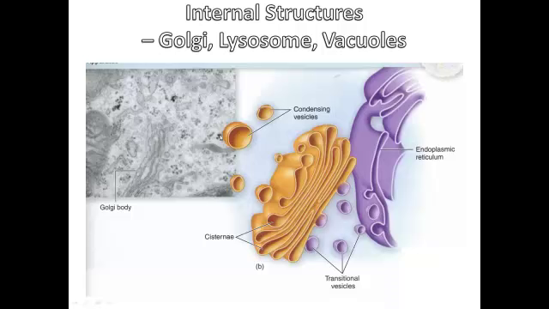One of the vesicles that can pinch off from the Golgi is a specialized vesicle called a lysosome. It contains hydrolytic or digestive enzymes that are made in the rough ER and modified in the Golgi. Then they are pinched off into the lysosome, and being wrapped in a lipid membrane protects the rest of the cell from their action. Lysosomes can fuse with other vacuoles, and these vacuoles can contain a lot of different substances,